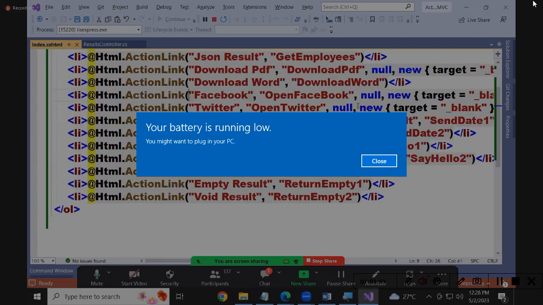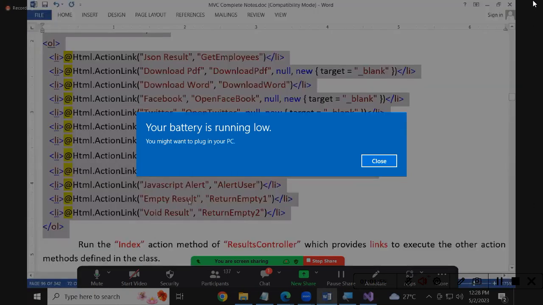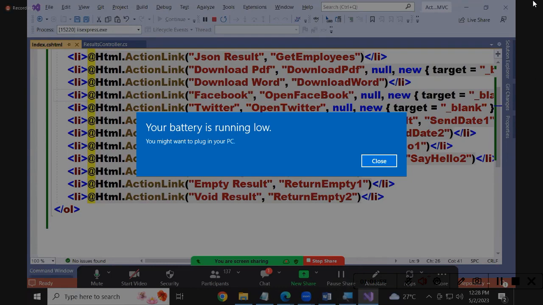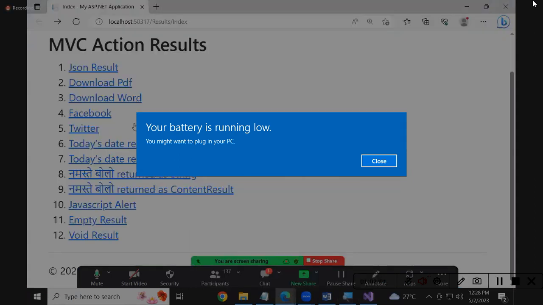So Download PDF, Facebook, Twitter, for all these things, like this, I've just given the action methods to you. Click on each and everything, and you will see the output in the browser. That's it. Clear? Yes or no? Okay. So in the index